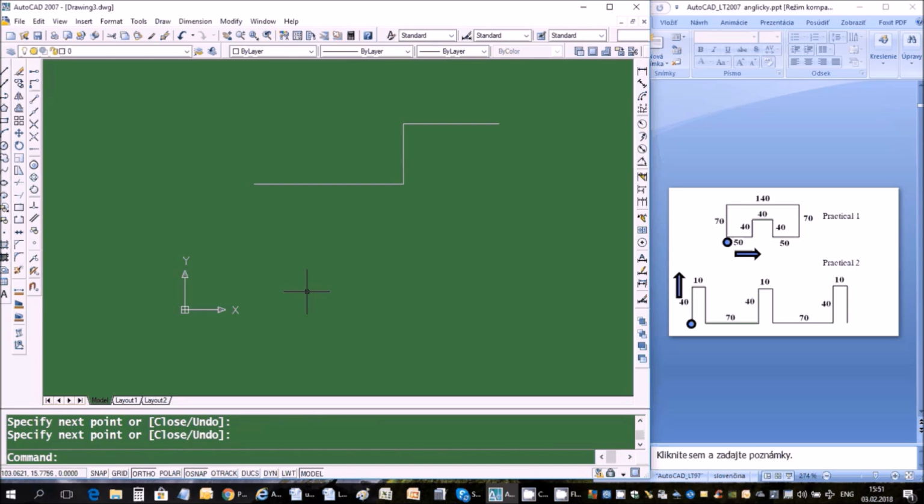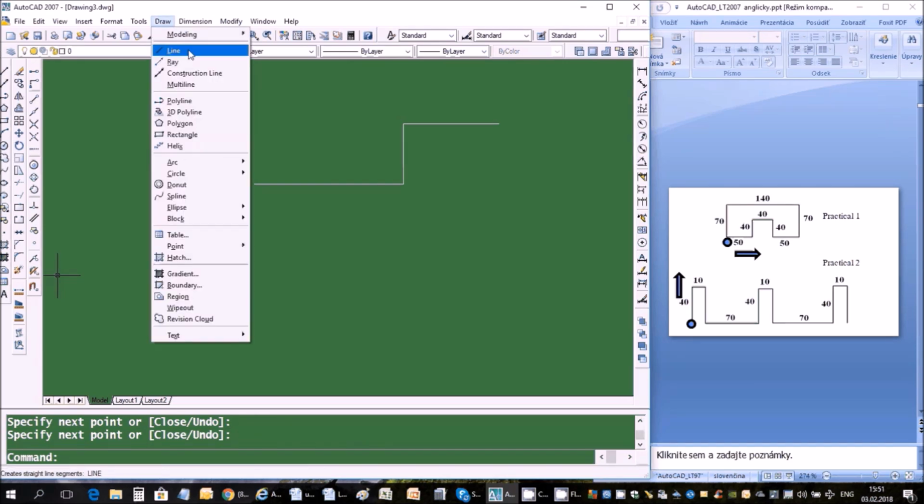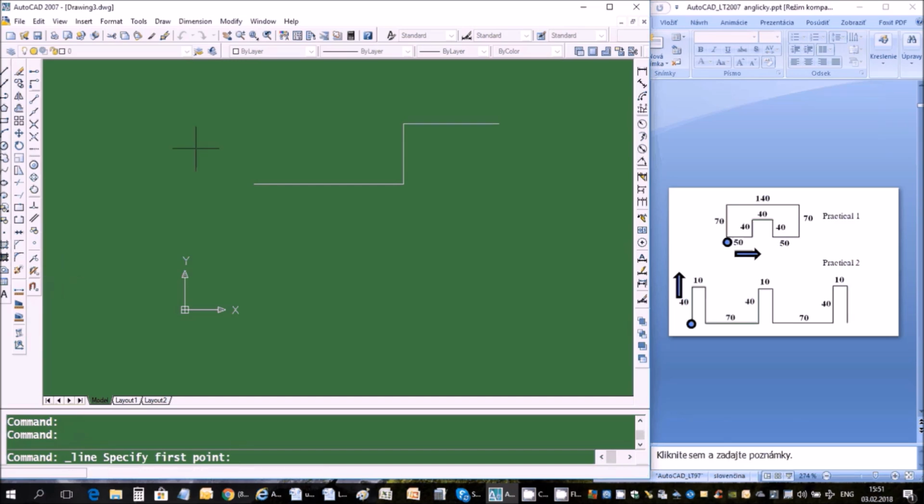Example. Practical 2. Let's draw a picture with help system ortho. From menu Draw, choose command line and then left click in the drawing area to start point. First of all,